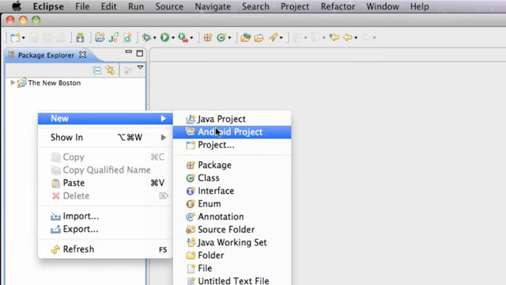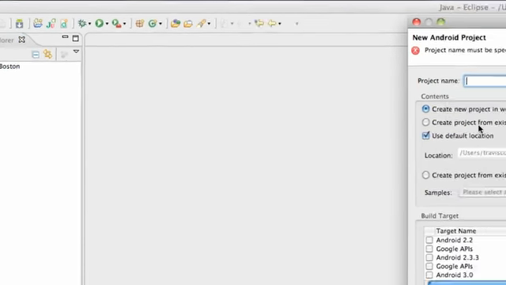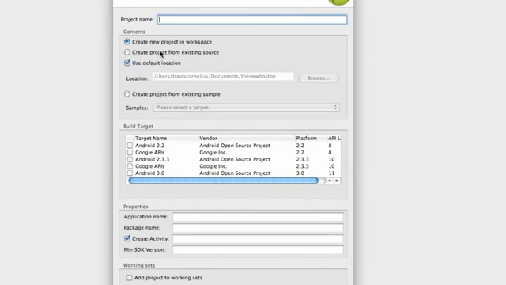Right click in that free space, go to Android project, and type in whatever you guys want, maps, and we're going to say the new Boston, or whatever you want to label this. You don't have to follow along for our package name, but we're just going to call this Google Maps,